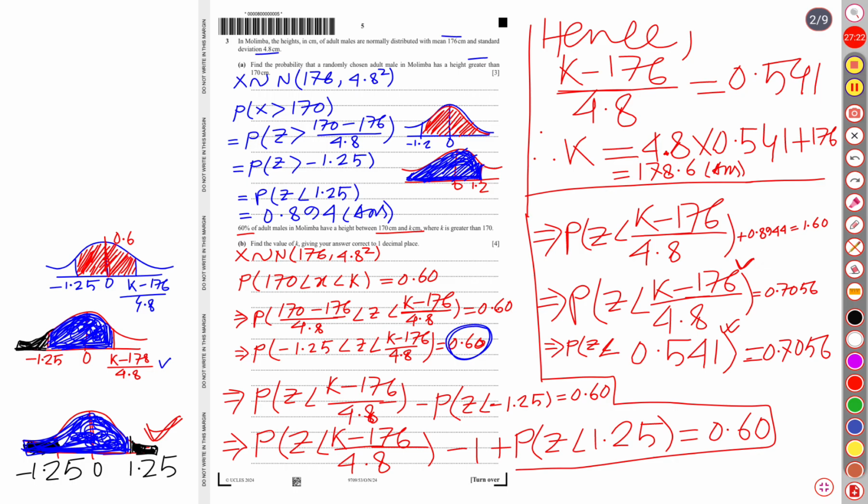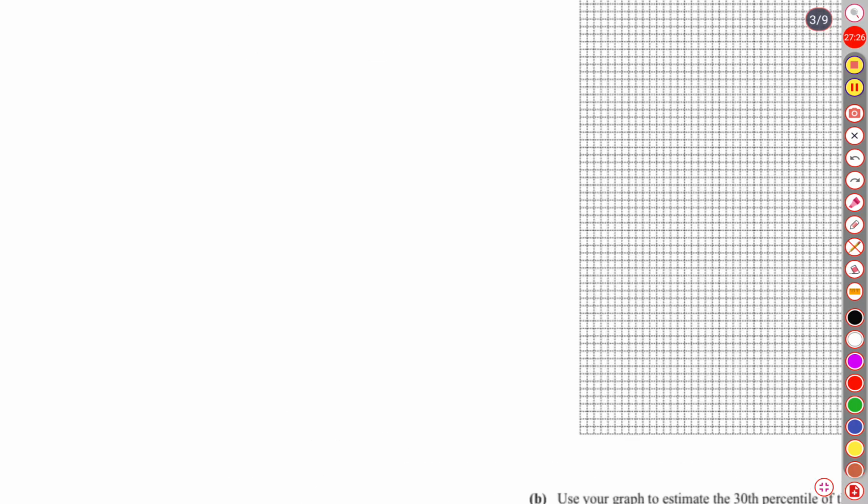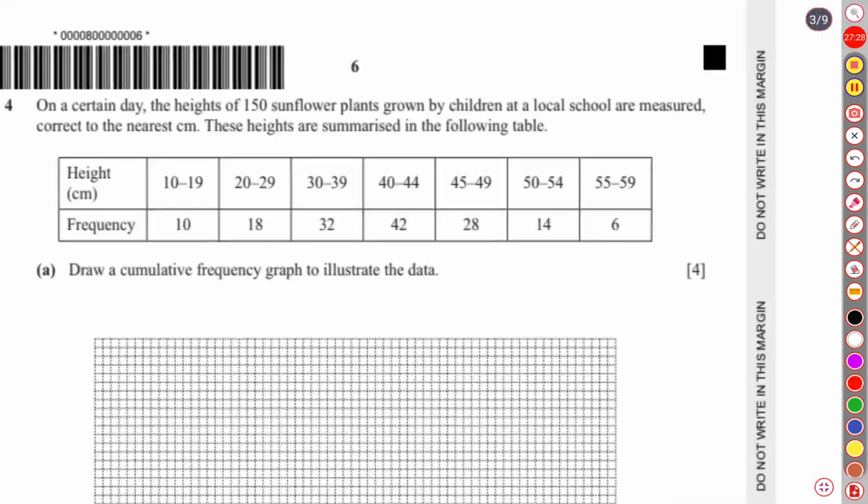Well, the next question is, yes, it's over here, and it says, on a certain day, the heights of 150 sunflower plants grown by children at a local school are measured, correct to the nearest centimeter. These heights are summarized in the following table. Draw a cumulative frequency graph to illustrate the data. Okay, we are going to draw a